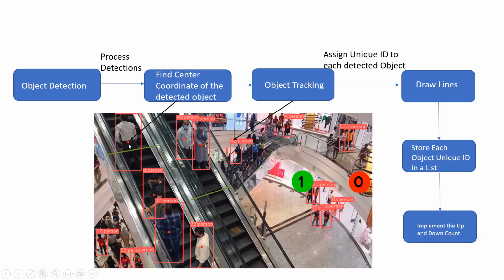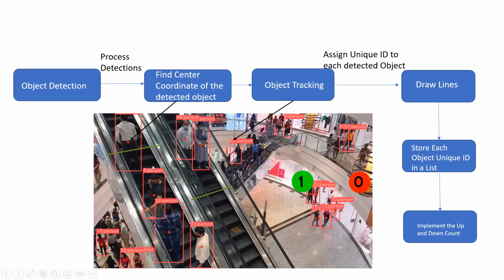When the center coordinate of each detected object passes this line, we add it to a list. After the detected object's center coordinate passes this line, the unique ID is added to the list. For example, 8 here is the unique ID. So when this person crosses this line, this person's unique ID is added